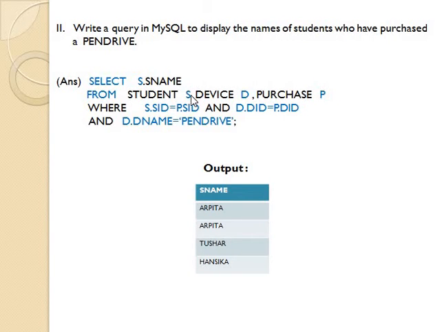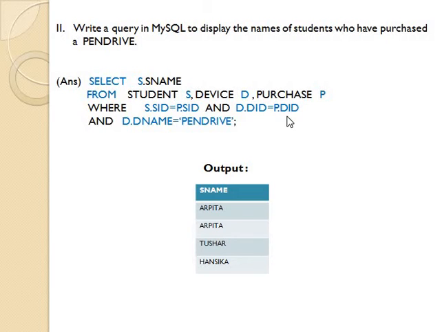So same is the case here. The s is the alias name for the table student, d is the alias name for the table device, and p is the alias name for the table purchase. And using the alias name s of the table student, I am retrieving the column called sname of the table student. Using the join condition specified in the where clause, that is s.sid equal to p.sid, and again d.did is